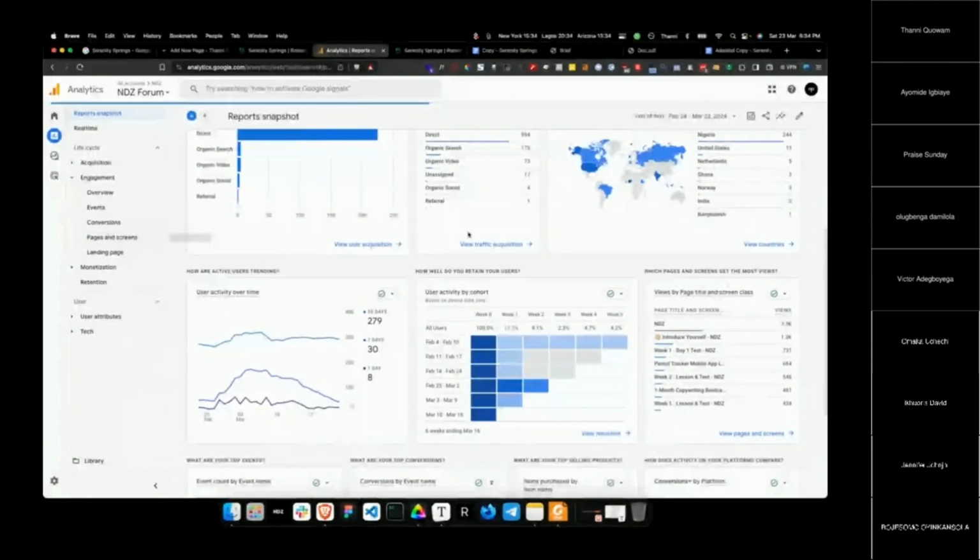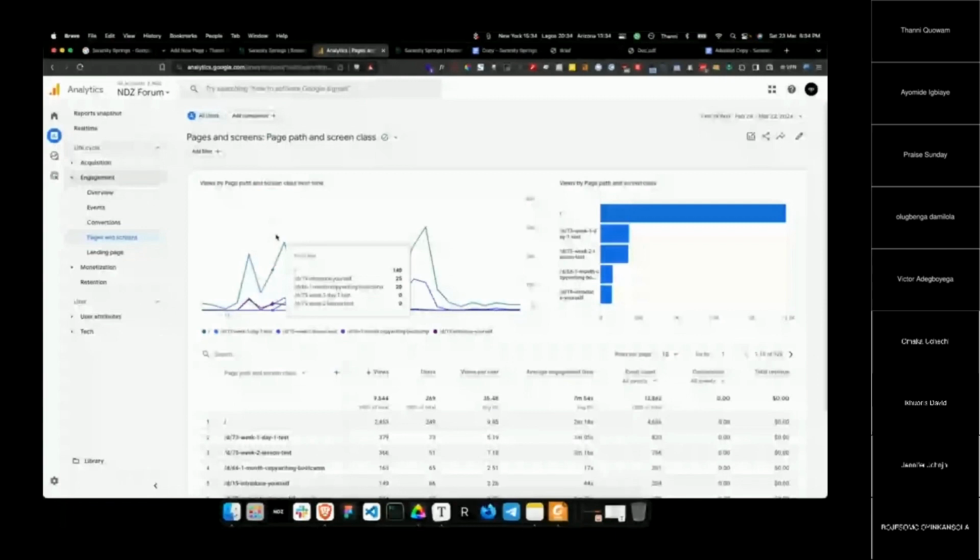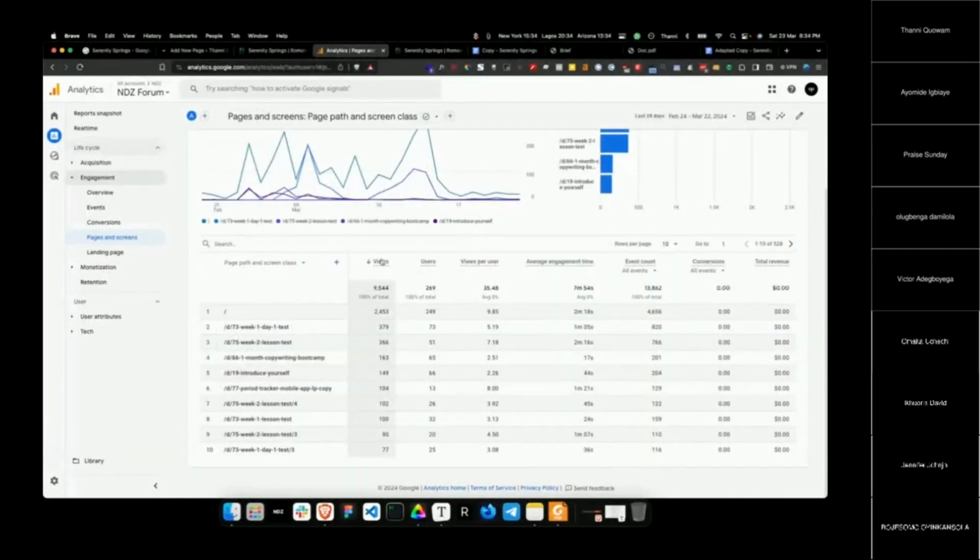You look at the pages. Look at the pages the person is actually visiting. You can see the number of views. You can see the users. You can see views per user. You can see average engagement time. You can see how well they are engaging with that particular page. So that in itself, you can see which part of the site you should maybe optimize. And also you can even look at the page itself and see how much time they are spending on that site,